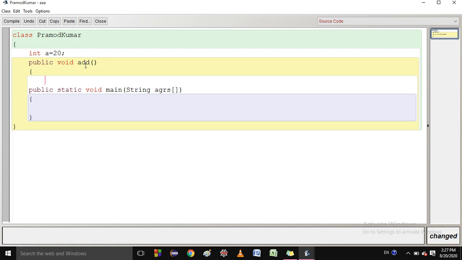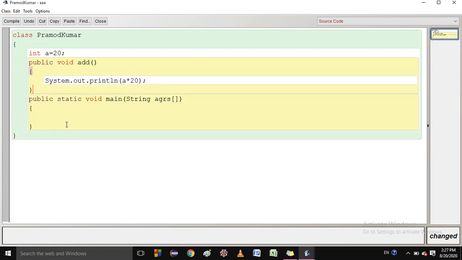So if I want to multiply 20 by 2, I write System.out.println, and I will multiply a by 20. This curly brace must be closed right now. So public void add, you multiply a by 20, so 20 multiplied by 20, the result will be 400. So let me then compile this. Just start to compile this.